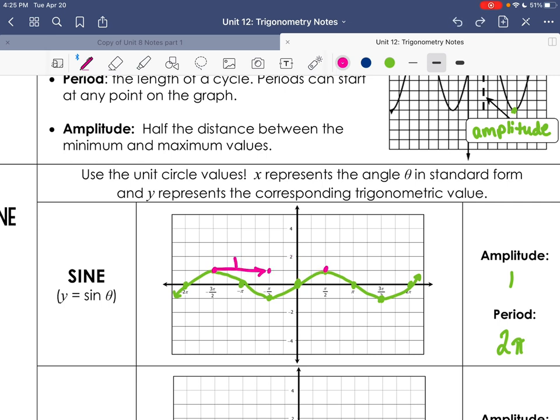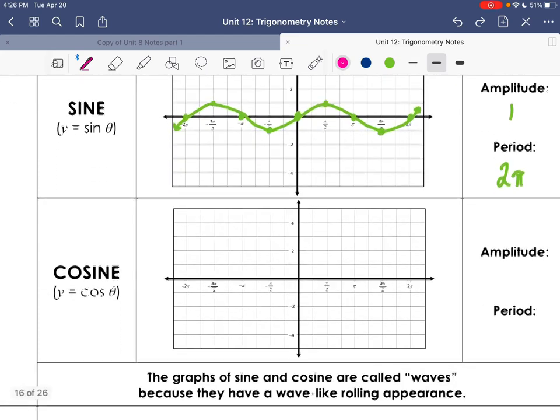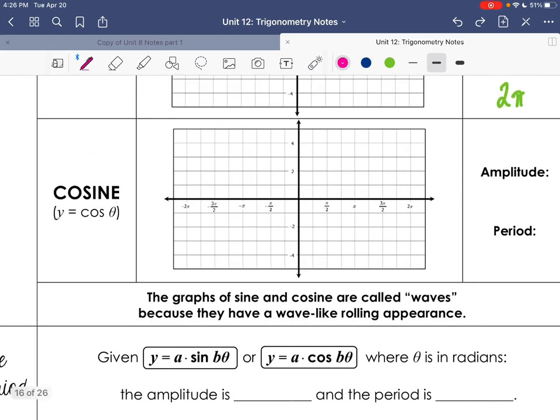Okay, I'm going to take all that off because that's a lot of business. All right, for the cosine, remember the cosine goes with the x on the unit circle. So think about what is x's value when you are at certain places on the unit circle. So when you are at 0, your x value is 1 because it's off to the side, all the way over to 1 on